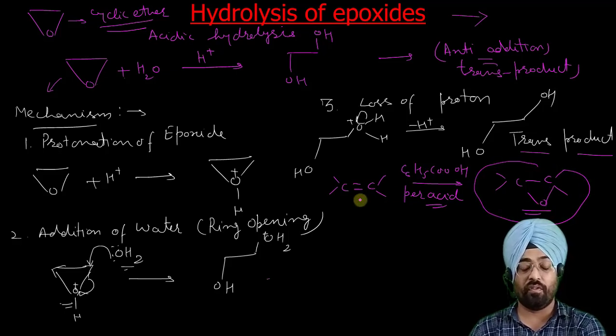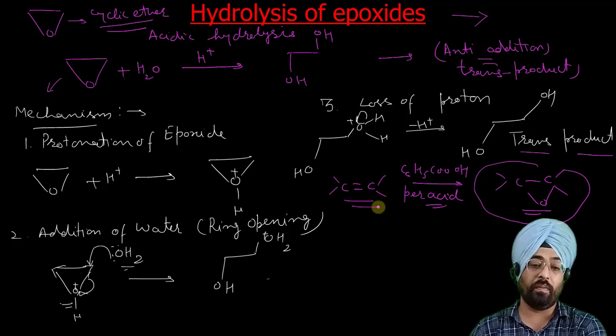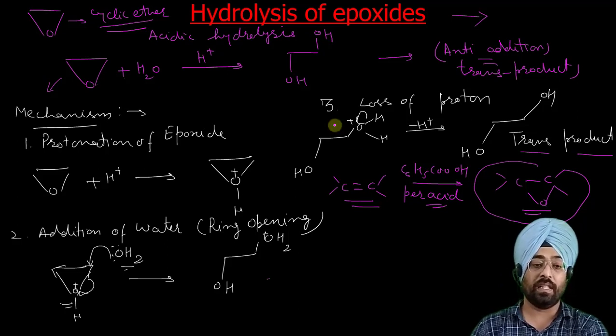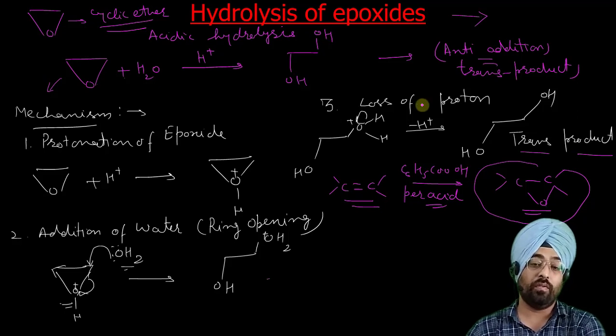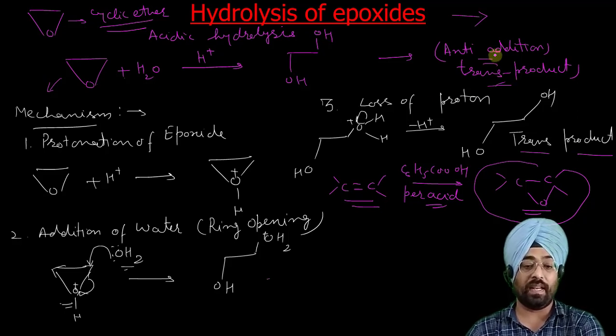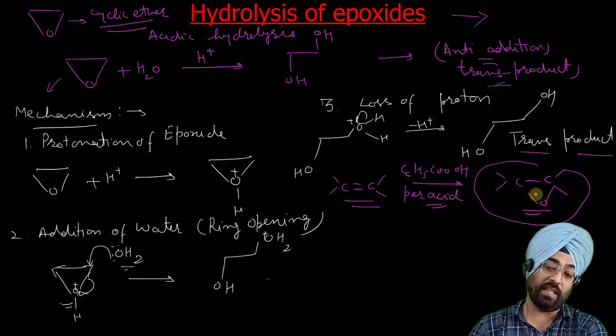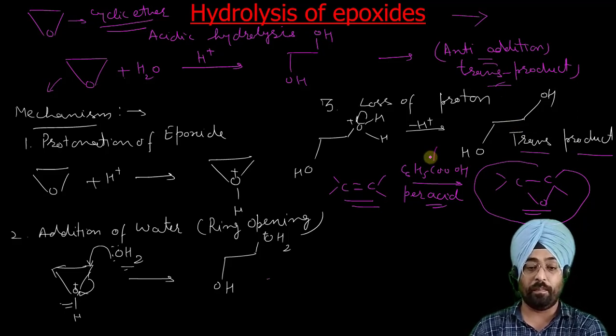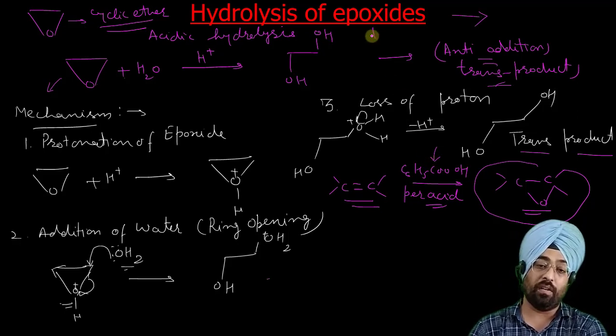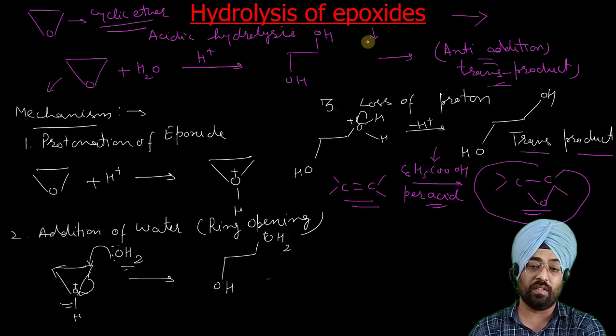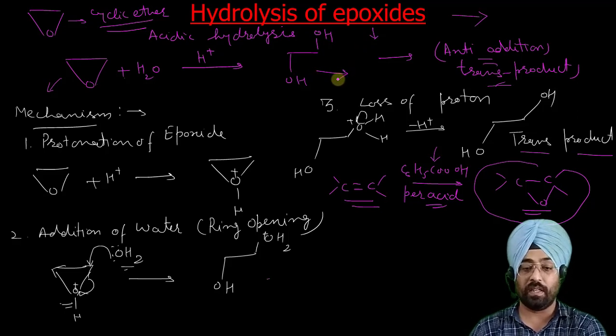So as you can see, from alkene, if we want to prepare a cis product, then we can directly do its hydroxylation with KMnO4 or osmium tetroxide. Or if we want to produce a trans product, or we want to have an anti addition, then first we will convert this alkene to epoxide by reaction with per acid. Per benzoic acid can be used. Now this epoxide upon acidic hydrolysis will yield a trans product. So this is also a stereospecific reaction in which trans products are obtained.